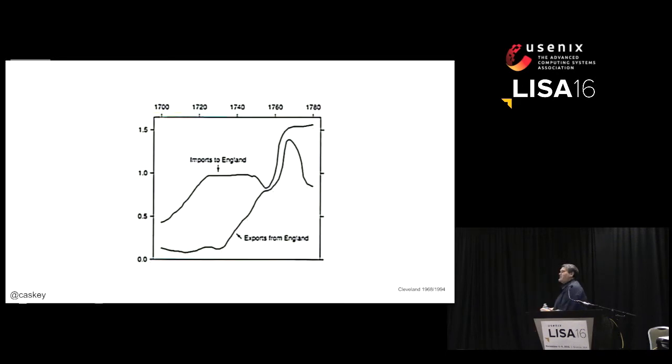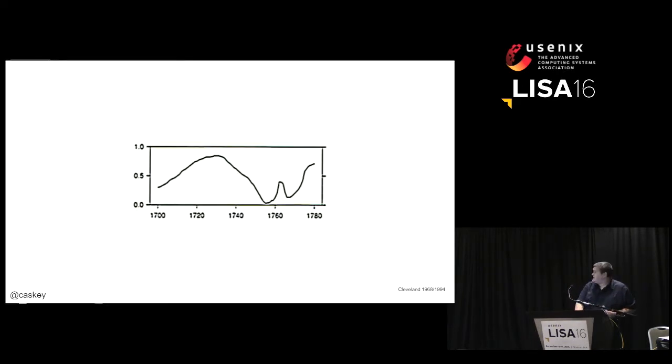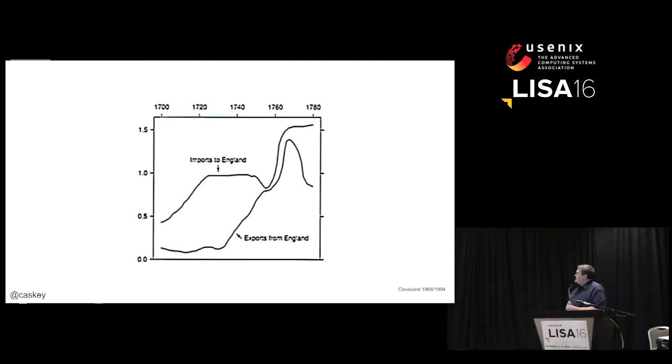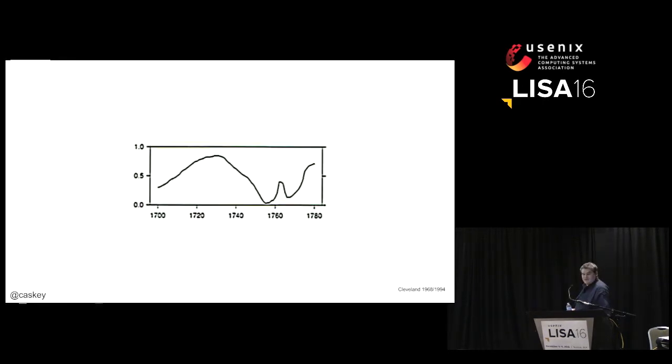Well, remember the problem of comparing parallel lines. Those look like they're in sync, but no. The upper line is actually increasing faster than the bottom line, in a way that if you compare the differences, there's this huge spike around 1765 of net imports to England, right? And you wouldn't even know that there was a completely major event that occurred where those two lines were running parallel to each other. Because again, our brain doesn't notice or think about the verticalness of the difference. It's comparing sideways, right? Your brain likes to go sideways. It's one of its defects.